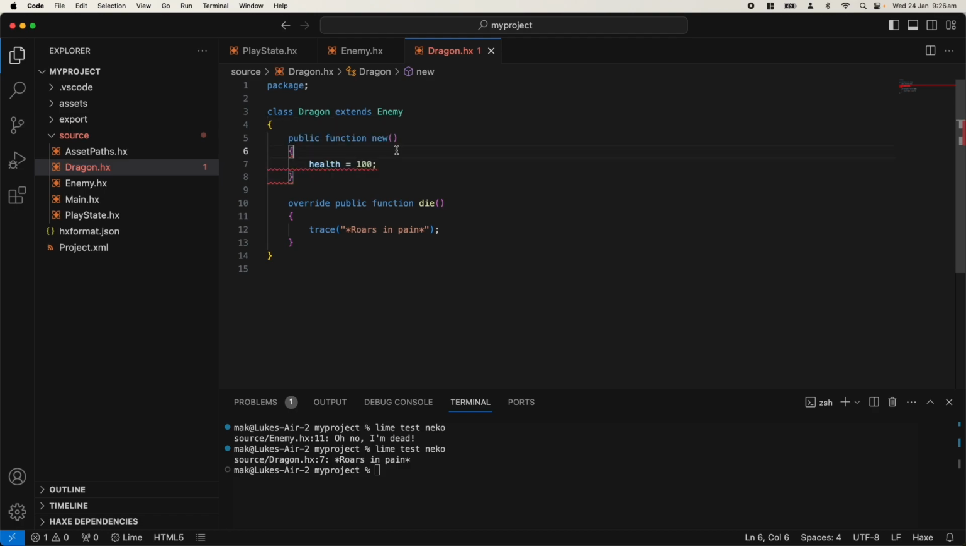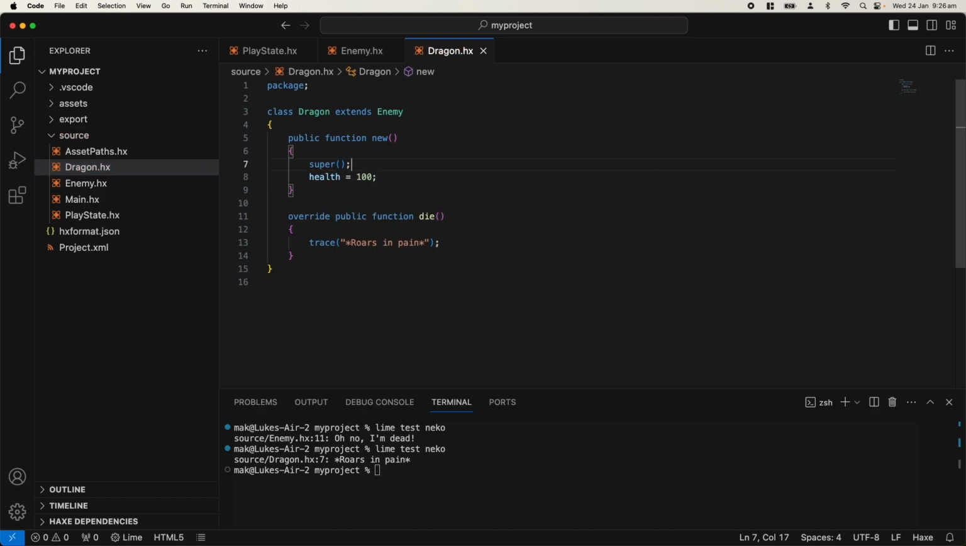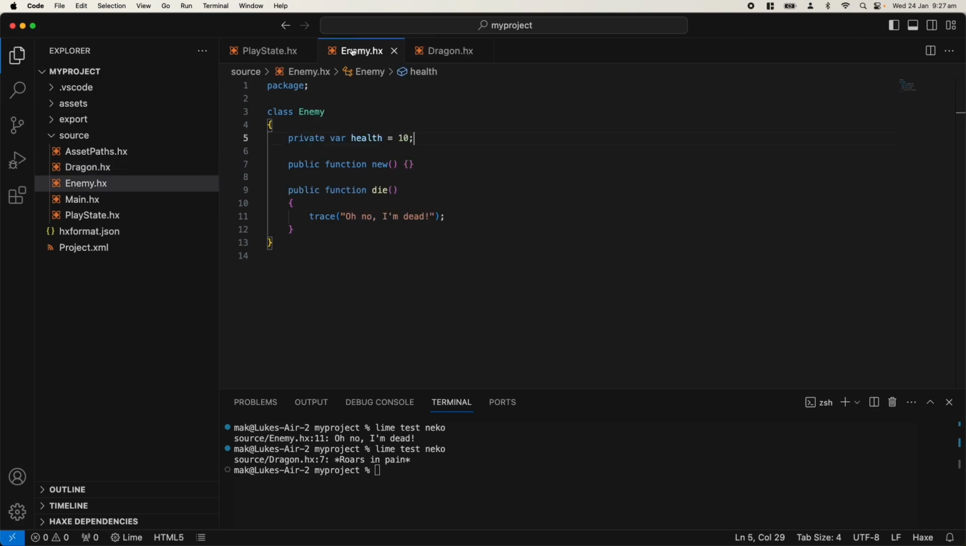Whenever you construct a subclass of something, you also need to call super with brackets. What super is doing here is it's calling the constructor of the enemy and then setting health to 100. If we go back to here, there's nothing in the constructor, but if I decide to put a trace call in here,